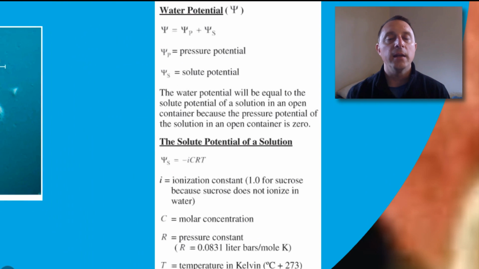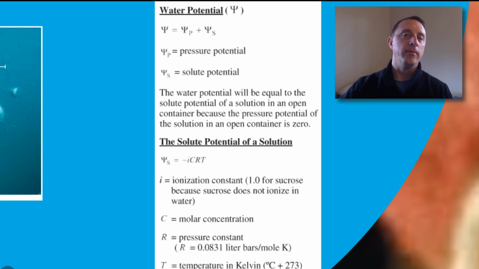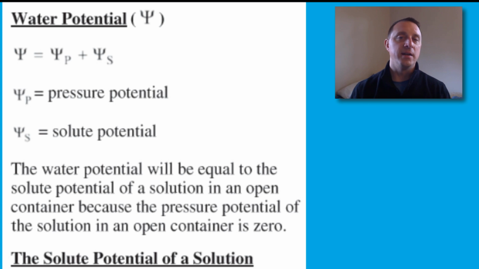There is another set of formulas here that, again, are pulled right from our formula sheet, and these have to do with water potential. This is really used mainly for plants and trying to determine which way water is going to move, right, into a cell, out of a cell, from one area of the plant to the other. So again, I don't know if these formulas are going to be used on the test, but they will be given to you. So I did just want to show them to you again, where water potential, represented as psi,